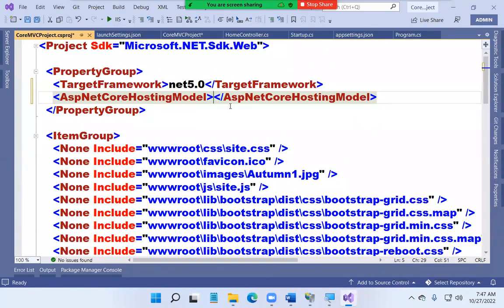Okay, here we need to say what? Out of process. Are you clear? All of you, carefully observe. You said it as out of process. This is one way you can do it. The second option is without writing this here,